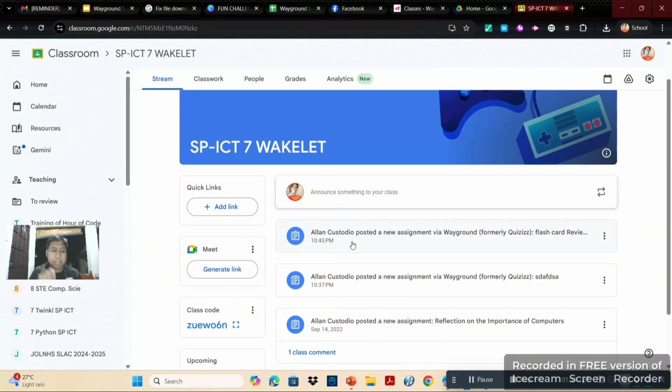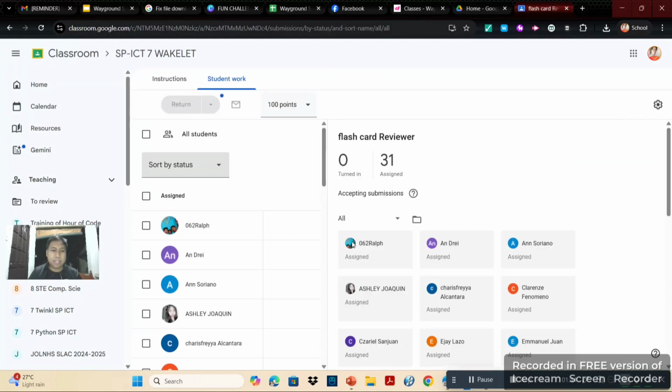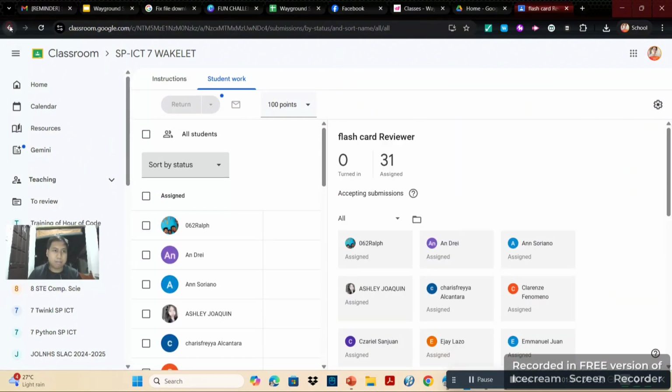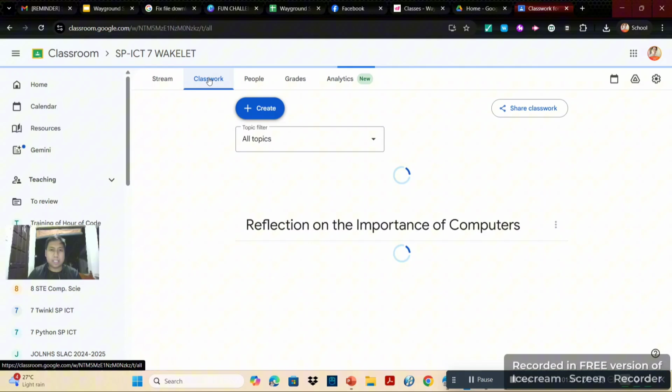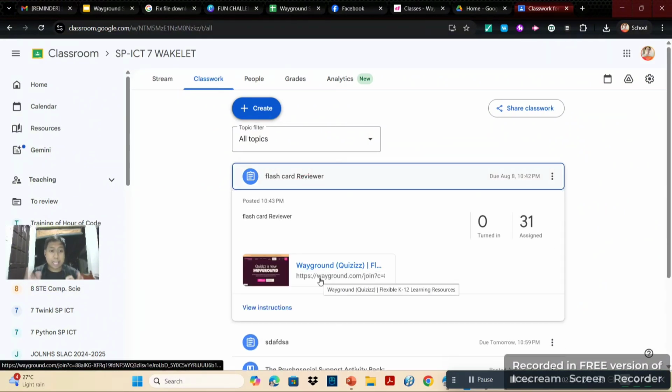It is synced to Google Classroom, Wayground to Google Classroom. It is very good to see that we are in line with the different combinations of applications today, Wayground and Google Classroom, or Microsoft Teams. So we can see the classwork, the flashcard reviewer. It is linked to our Quizizz or Wayground.